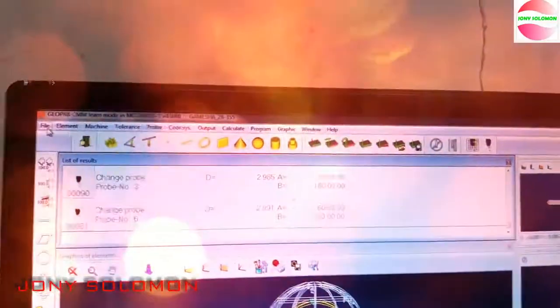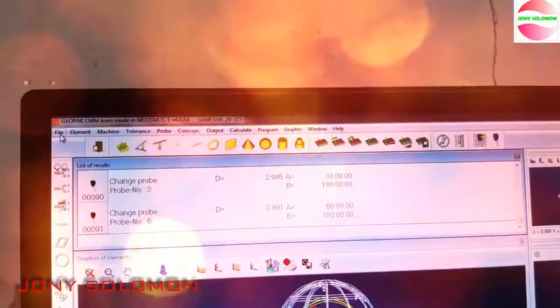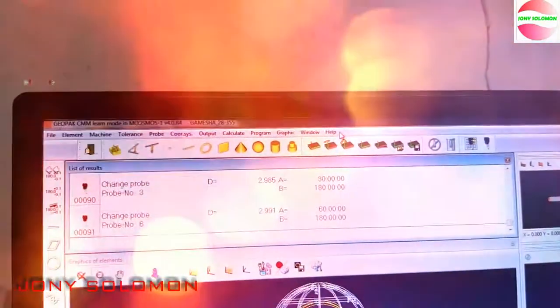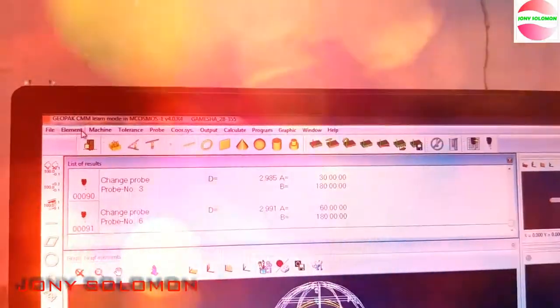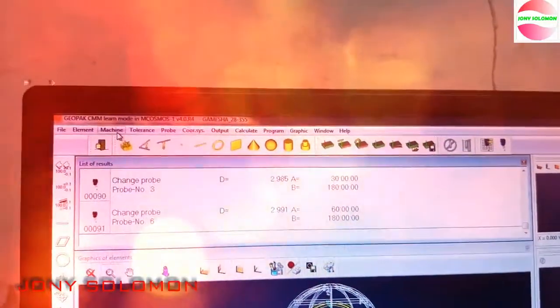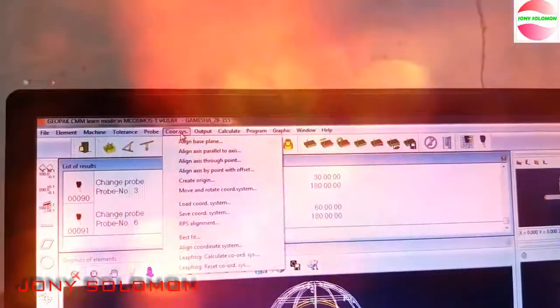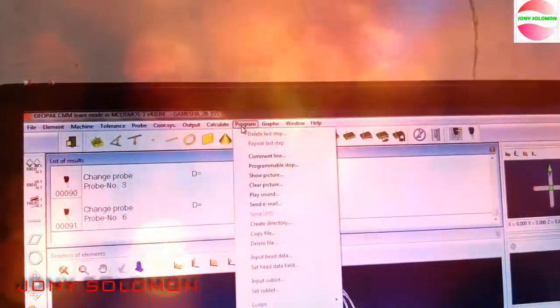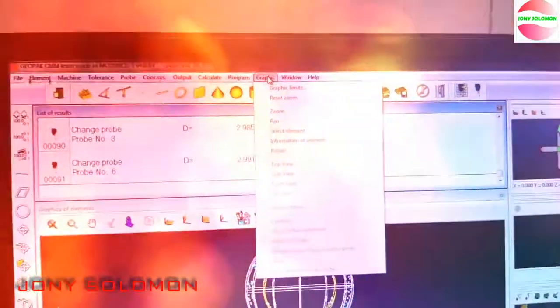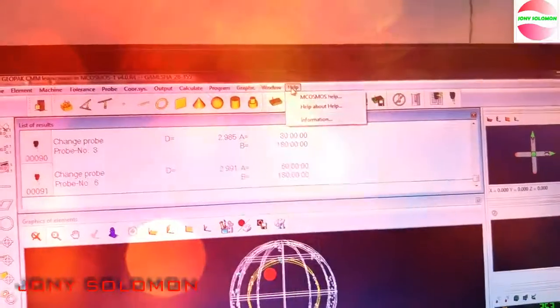As per MS Office, here also menu words are given: file, element, machine, tolerance, probe, coordinate system, output and calculate, program, graphics, windows, and help.